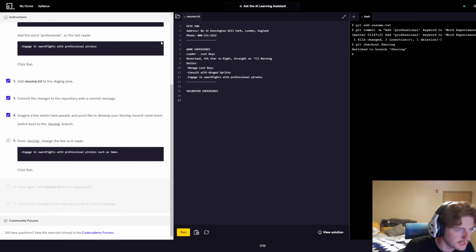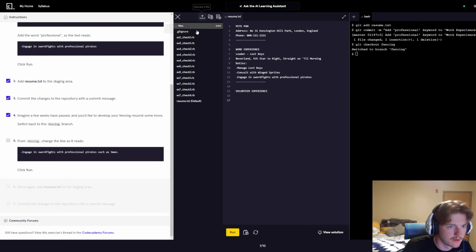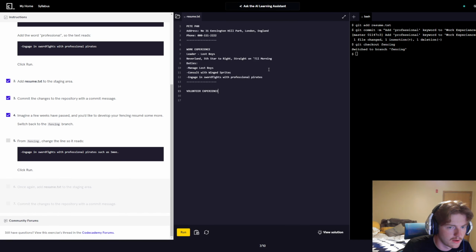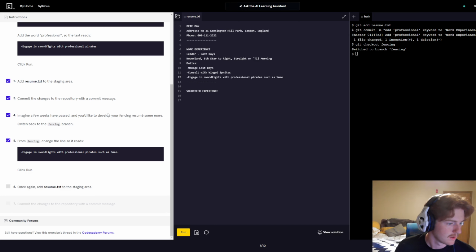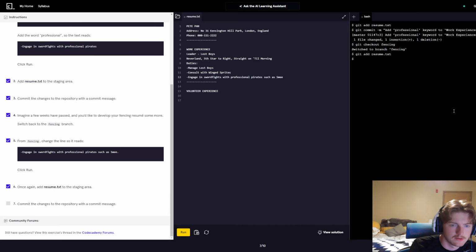Now we're going to go and change. I see. Okay, so it wants me to change the line so it reads such as SME, right? And we're going to click run. Once again, add resume to the staging area. So we go git add resume.txt and commit the changes by doing git commit and add the message